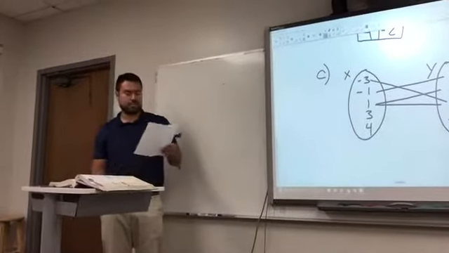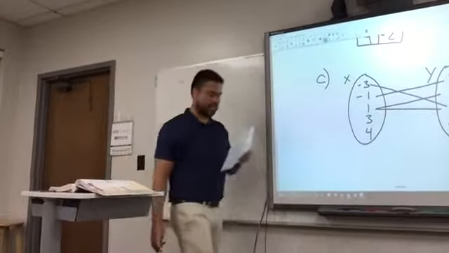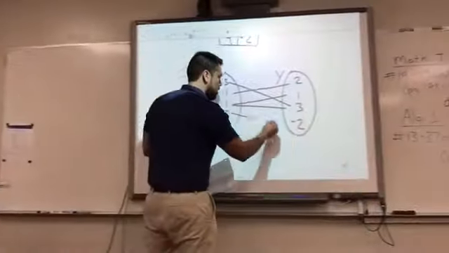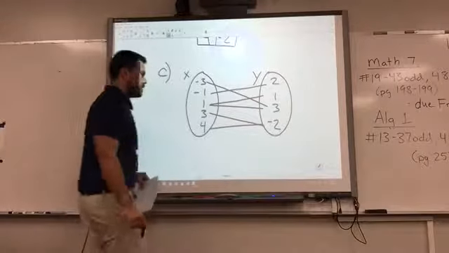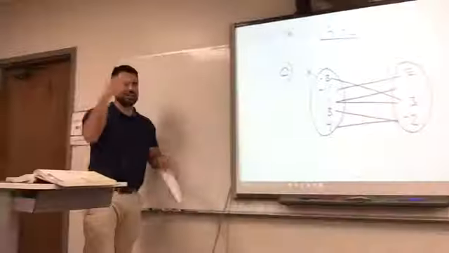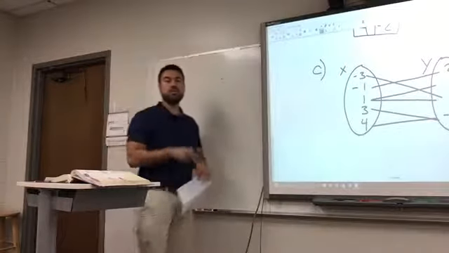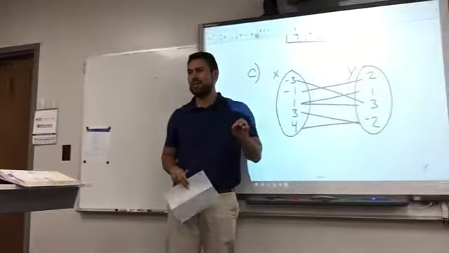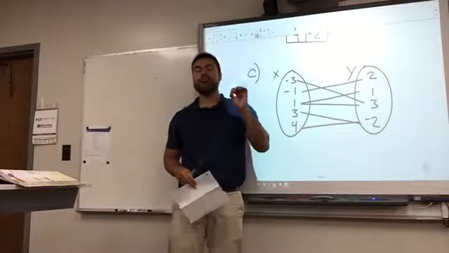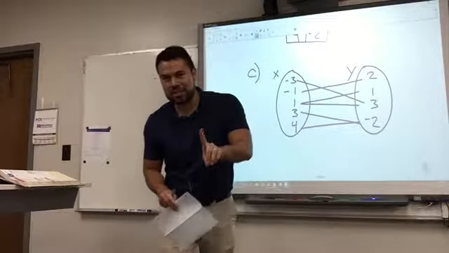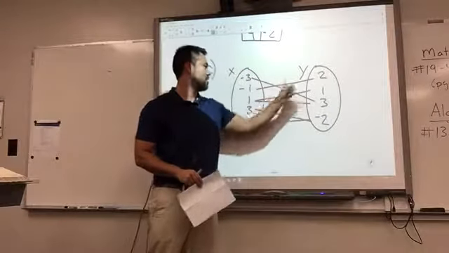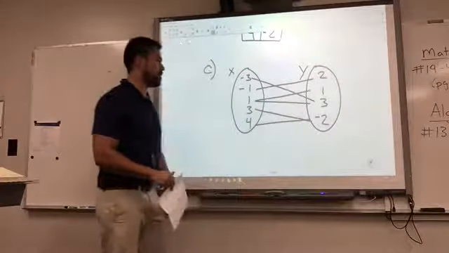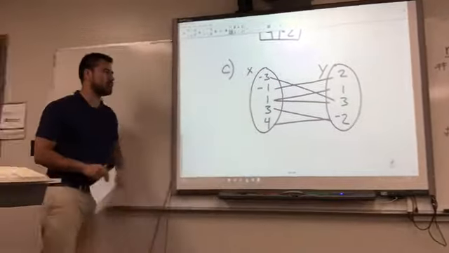And then what matched up with 3? -2. What matched up with 4? -2. All right, so that's what your circle map. It looks like a bunch of lines, but what it's showing you is, ready? Here it is. It's showing you the relation between the X values and the Y values. See the relationships? It's like a little bridging of the two values, okay? That is a relationship.